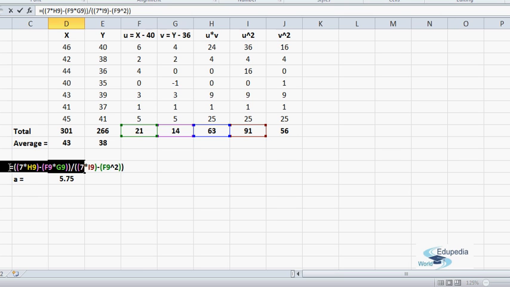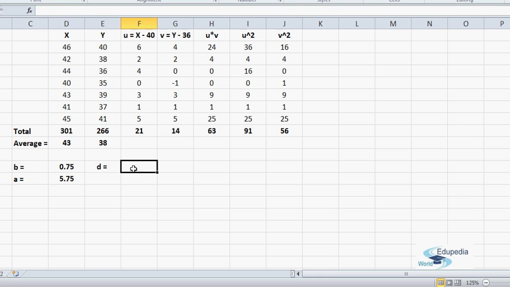So we have n times summation uv minus summation u into summation v divided by n times, this time it's summation v square, minus summation v the whole square. So now again d also happens to be 0.75,